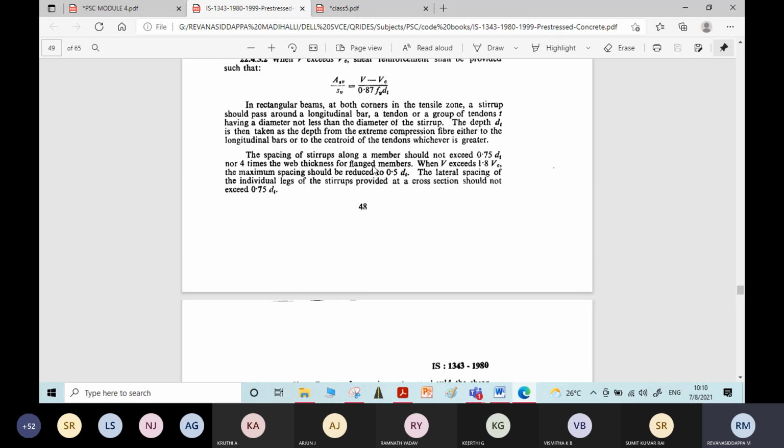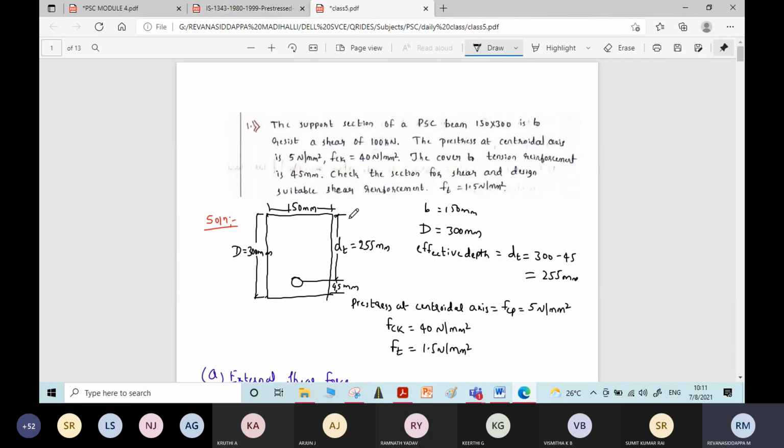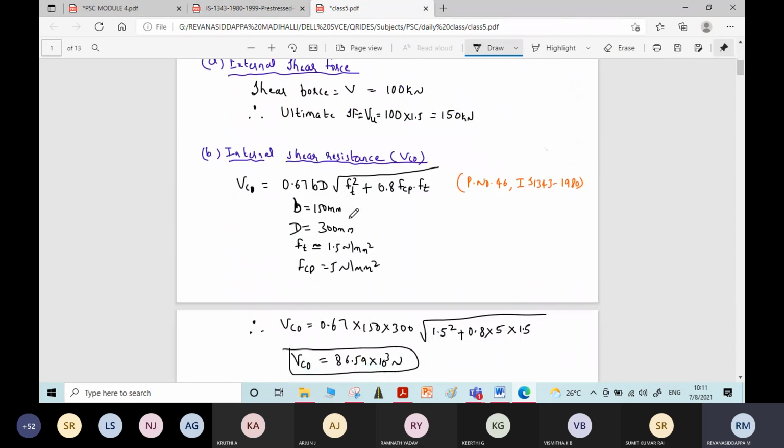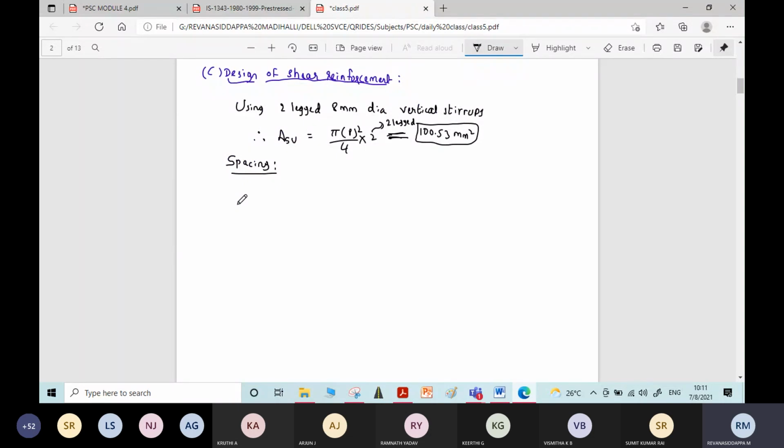Okay, 4 times B. If you do, you will get one particular spacing. So all these 4 calculations you do, whichever the minimum spacing value you get, that you choose as actual spacing for the stirrups. Okay. So first one,